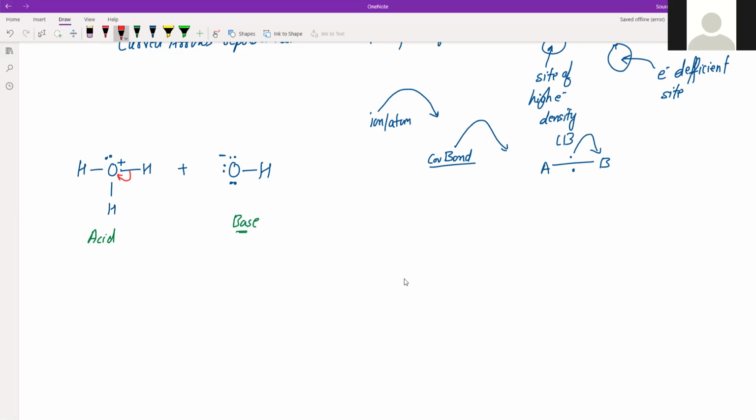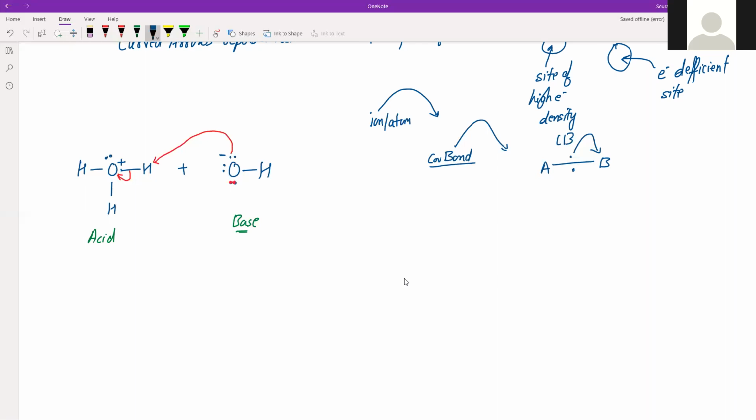Okay, so the electron pair will move from the bond to the oxygen. But in the second case, what happens? Now this H will lose its shared electron. So what will happen? You can see there is a lot of electrons here, so that will come to the rescue. This electron will be transferred from here to H. That's how we show the transfer of electrons.